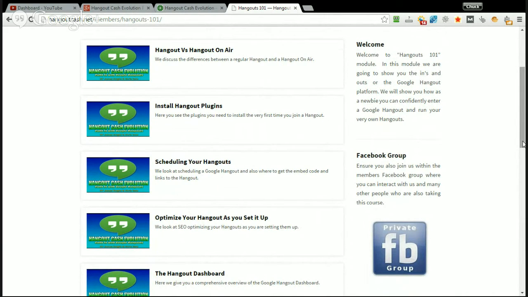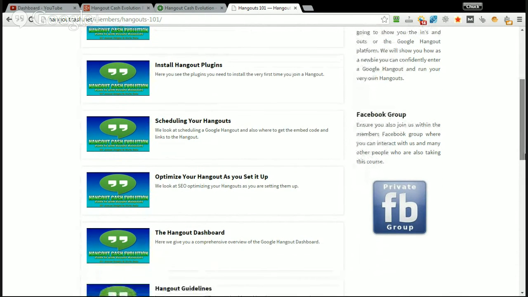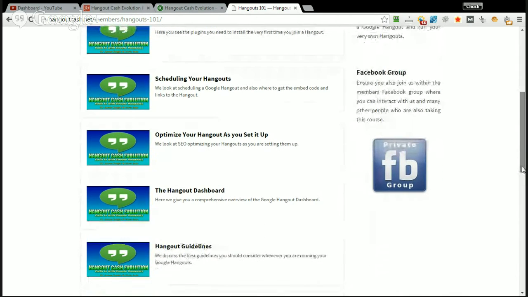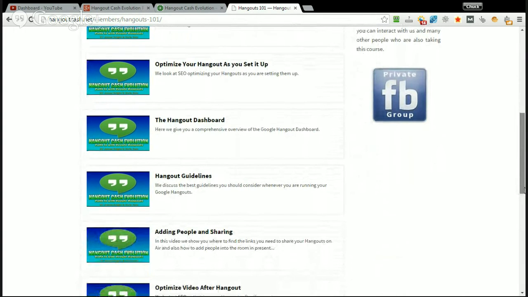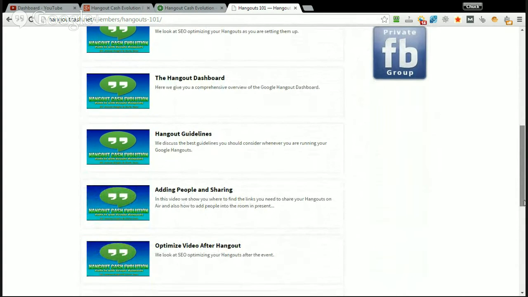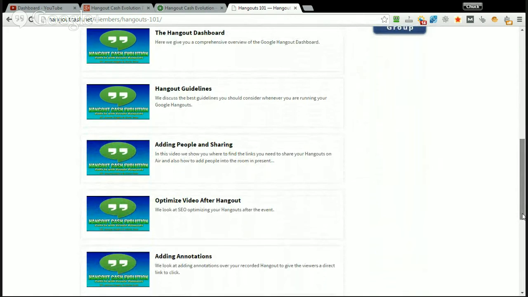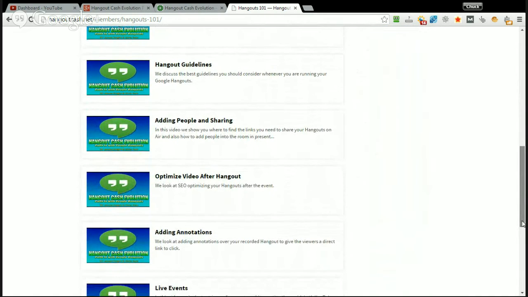What's the difference? Installing the Hangout plugins to get started. Scheduling your Hangout, what you need to do to get that set up. Optimizing your Hangout as you get things set up. Then you're going to go in and look at the Hangout dashboard. A little bit about the Hangout guidelines. Then adding people and sharing them to your events and to your Hangout,